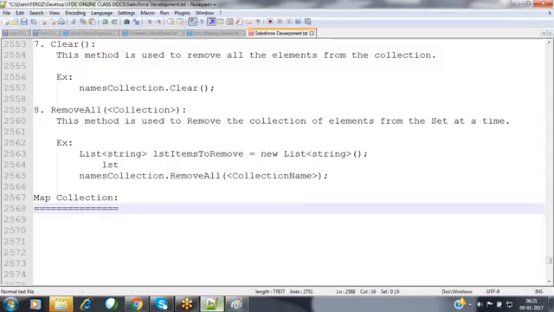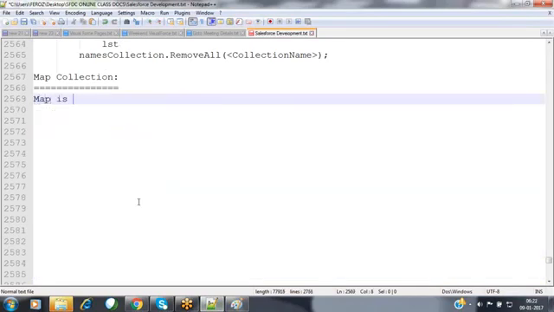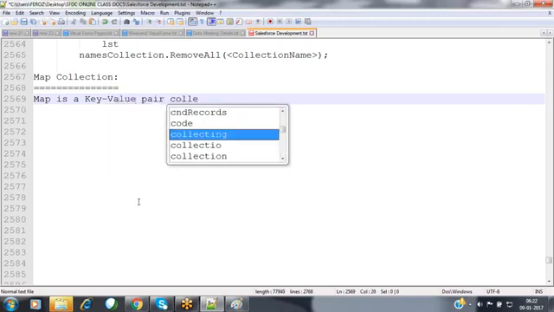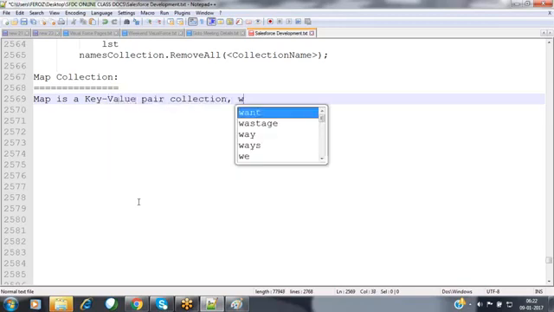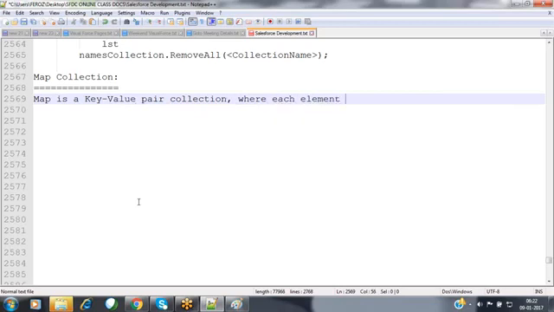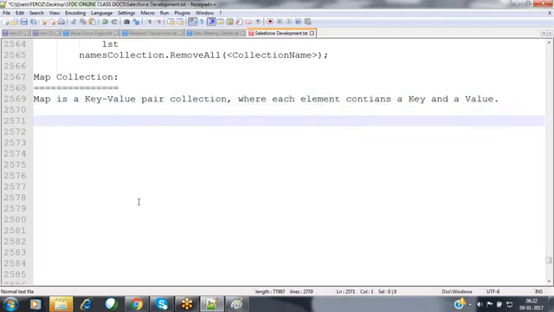Now, let's make a note of it here. Map collection. Map is a key value pair collection, where each element contains a key and a value.